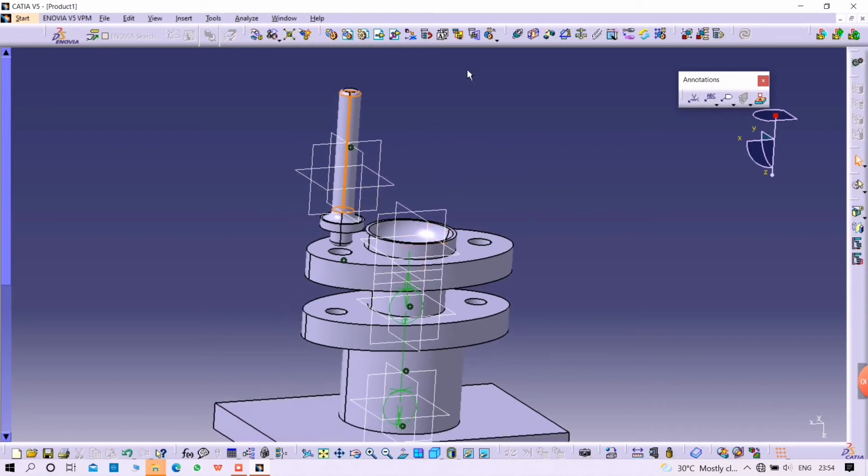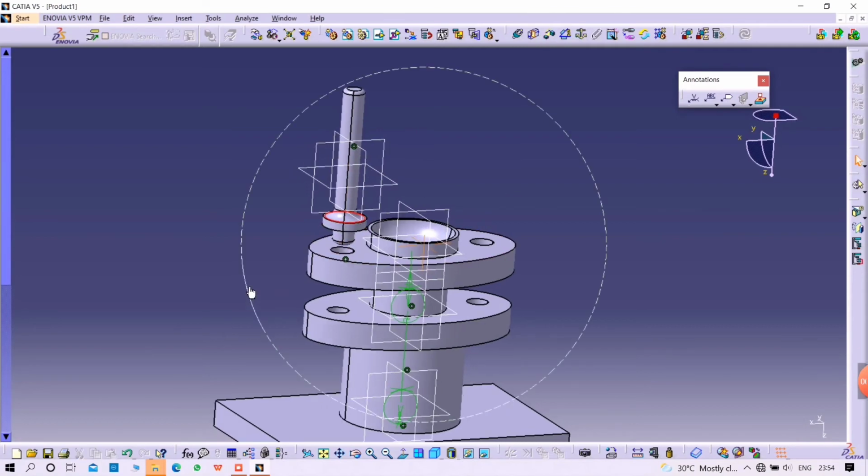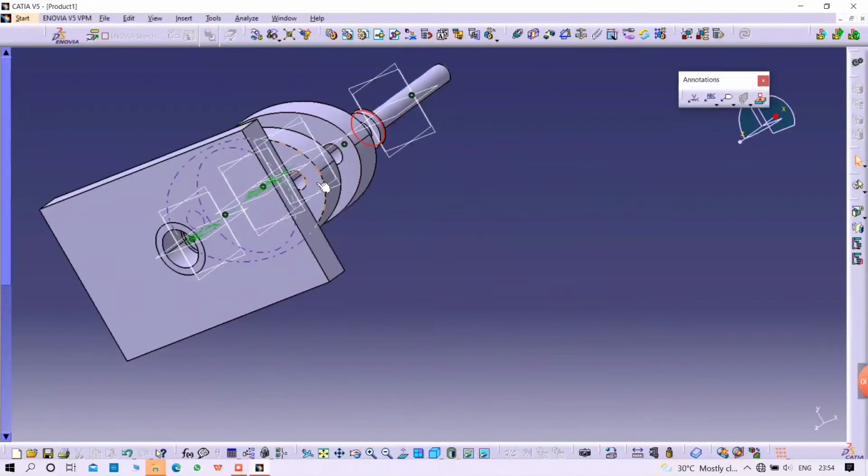Now take surface contact or offset. I take offset here and select the surface, and another surface is the bottom of the body part, and now click on enter. Click on enter.